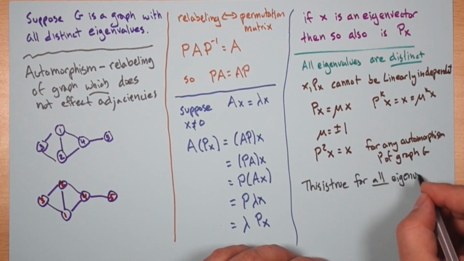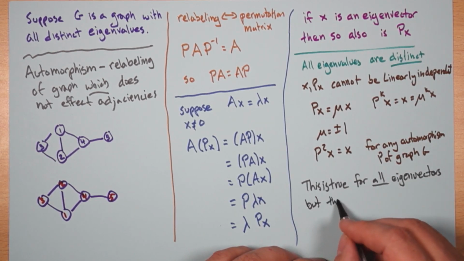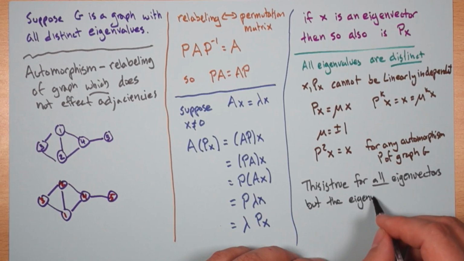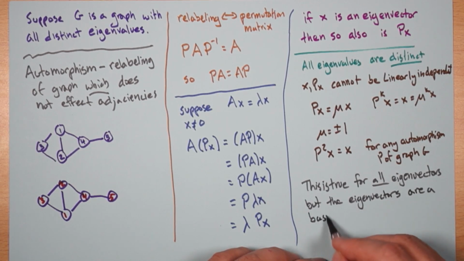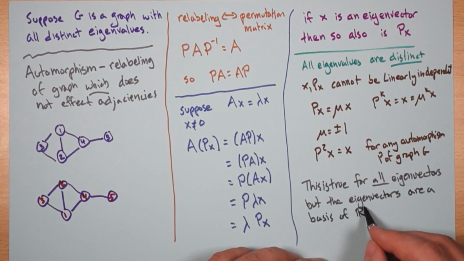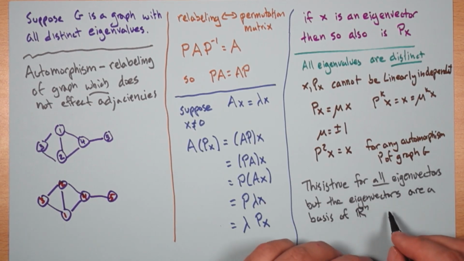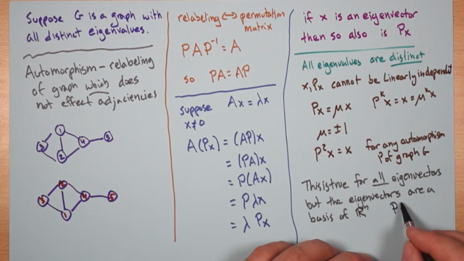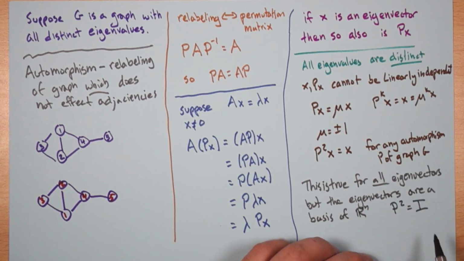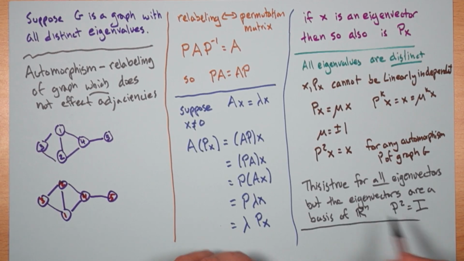Well, it tells us the following, namely, that the eigenvectors are a basis for all of our space, because we have a nice full set of eigenvectors. And so, what's the punchline? Well, what we know is that P squared times anything gives you back the same thing, so P squared is equal to the identity. So our great aha, and this is the punchline, we start up here, we'll end it down here, our great aha